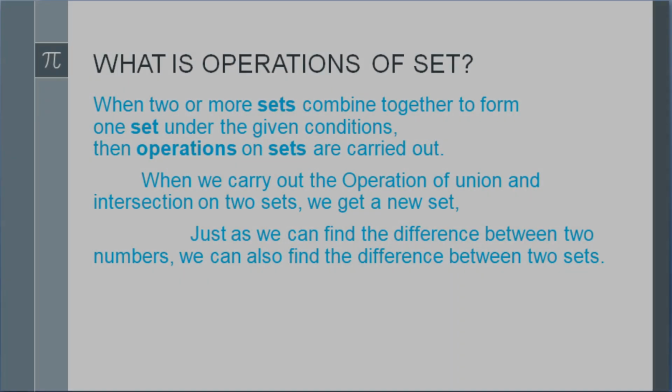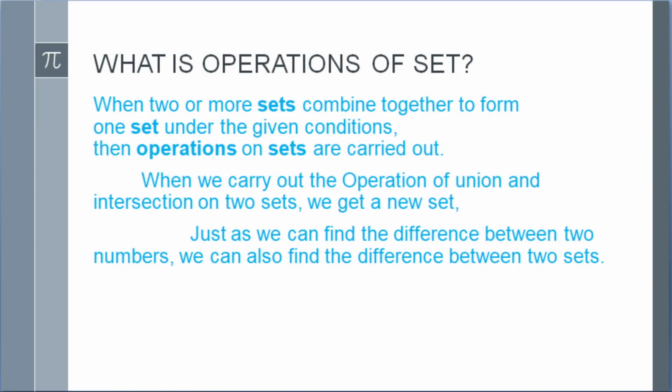At first we'll begin with the topic of operations on sets. Before that, let me give you an example. Suppose we consider two numbers, say 4 and 10. Now we multiply them, 4 into 10, and we get a number 40. Here we began with two numbers, 4 and 10, whereas we got a single number, 40. Sets are also like that. There are various operations of sets where two or more sets combine to form a single set.